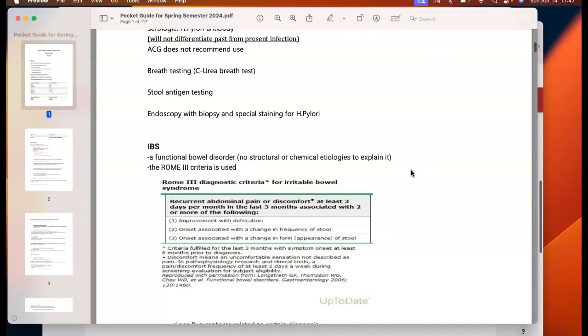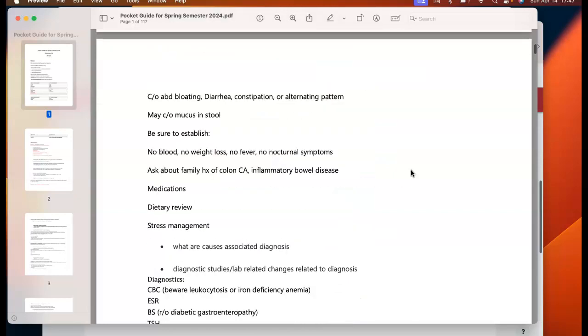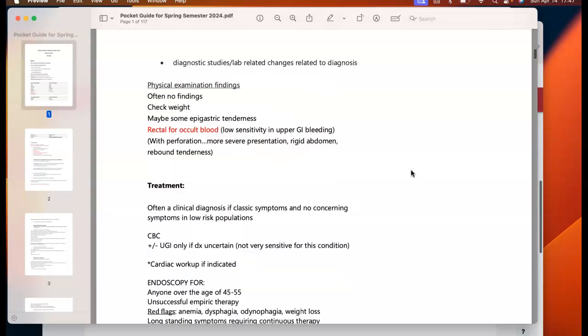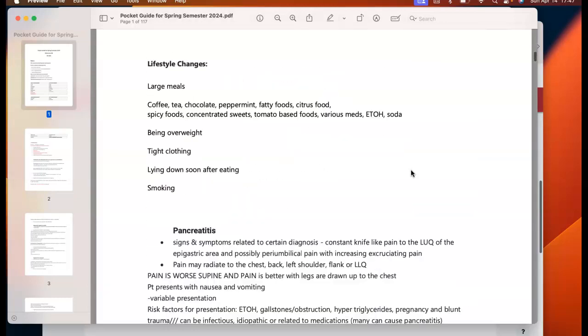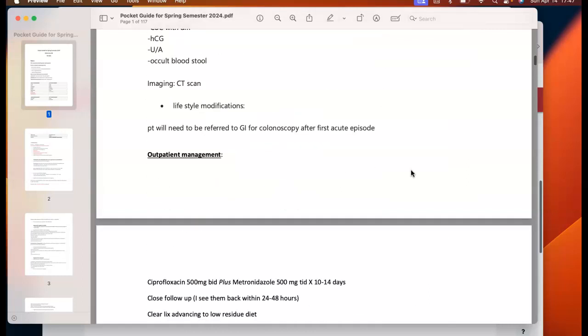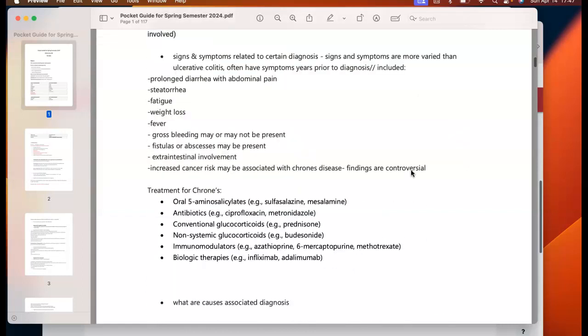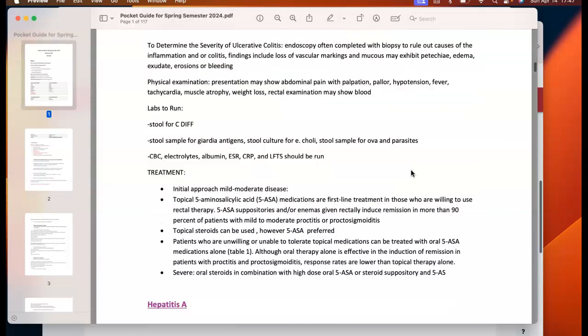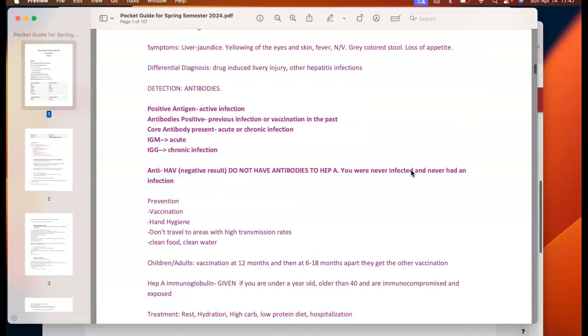as well as H. pylori ulcers, IBS, GERD, pancreatitis, diverticulitis, Crohn's disease, ulcerative colitis, and then I went through all the hepatitis, and I went through the antibodies and how to interpret